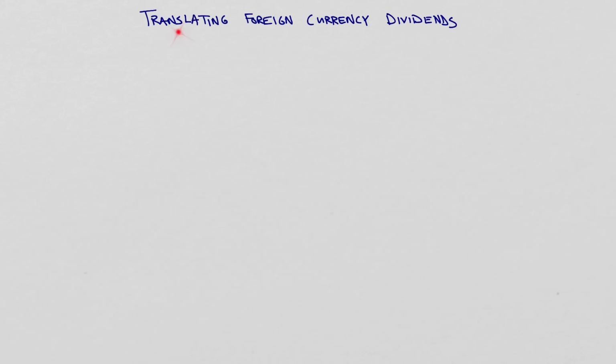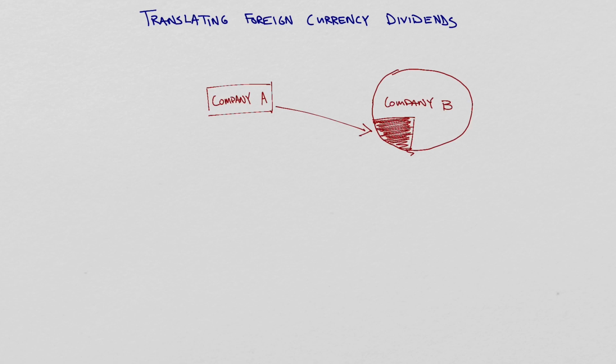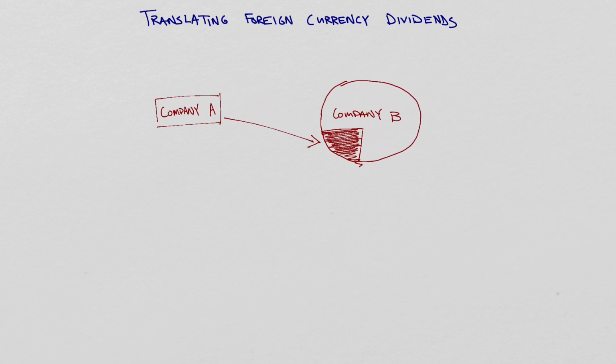I want to touch upon how we go about translating foreign currency dividends. You'll have seen the math before, but I just want to use this as an example because it's something that occurs a lot in real life. I mean, the world is a world of international business, and so it's often the case that you have company